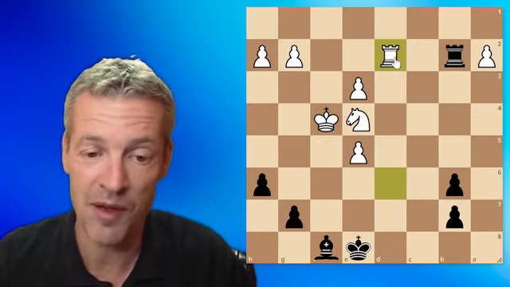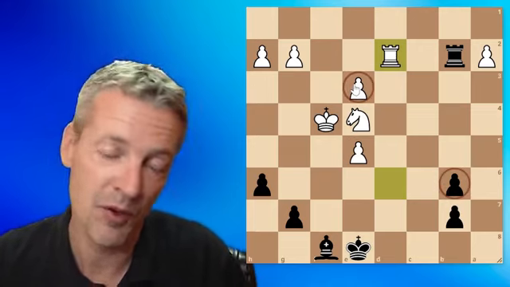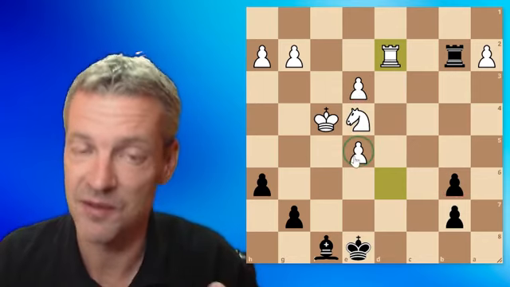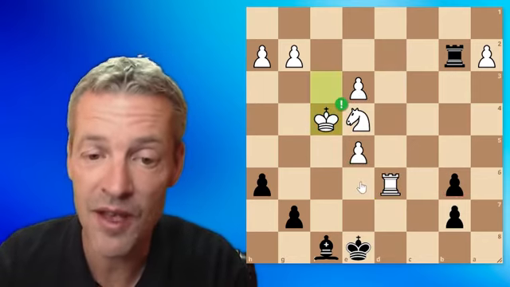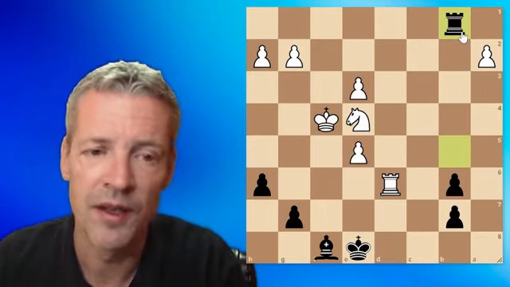Now white is very happy to trade rooks because they're a pawn up and it's a very powerful passed pawn, while this pawn is, okay, both sides have double pawns, but what I'm trying to say is that white's passed pawn is very strong. It's an extra pawn. So in the game, Volokitin played here rook b1, trying to cook up counterplay, but Nisipiano